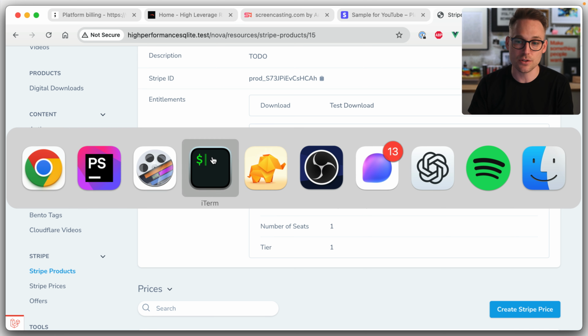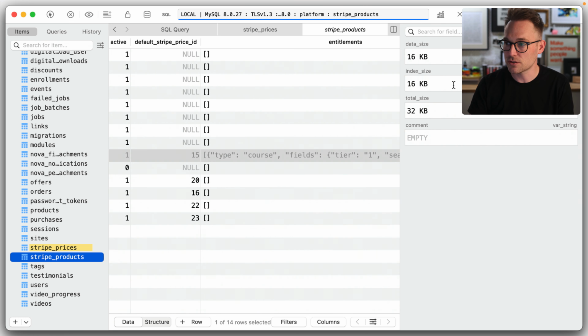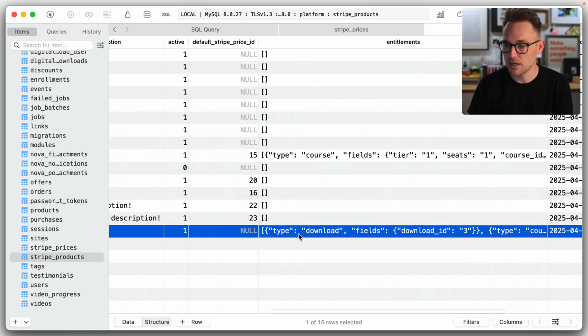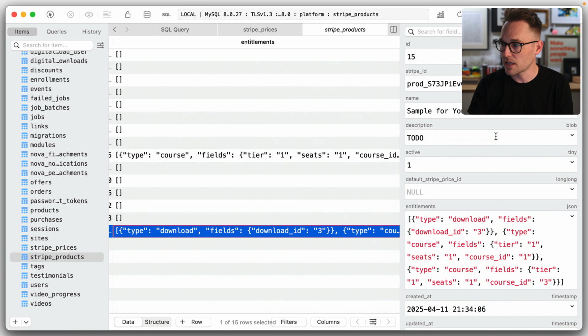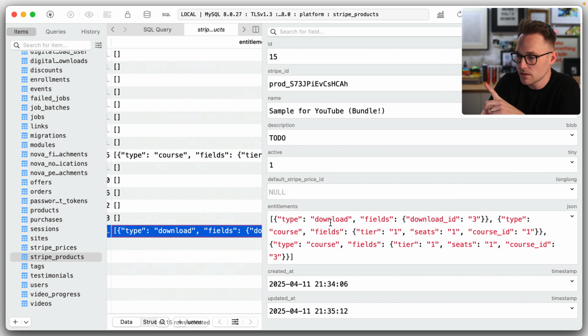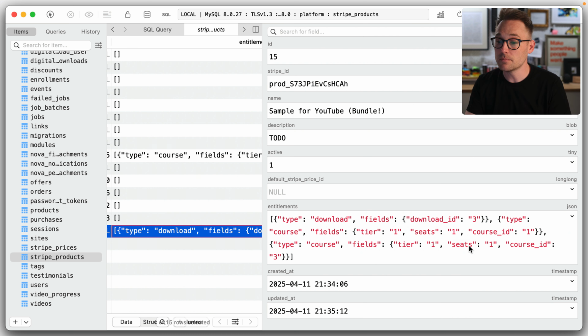And if we come back to the database and look at Stripe products and refresh, discard the changes, that's fine. You'll see, and then we'll open this guy over here. You'll see there are the 3. The type is download. We have the fields, which are the download ID. The type is course. We've got 3 fields. Importantly, and this is a pet peeve of mine, we're not storing any fully qualified class